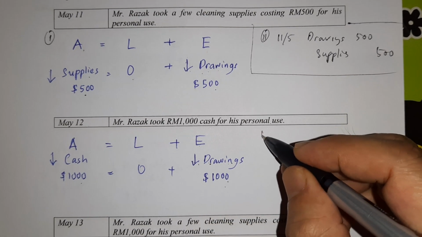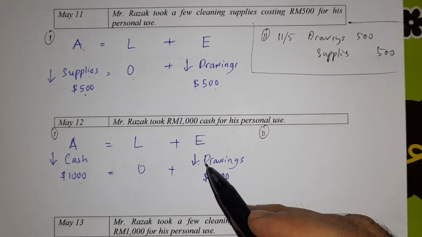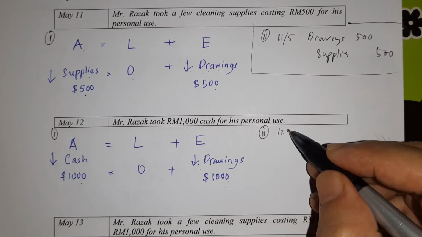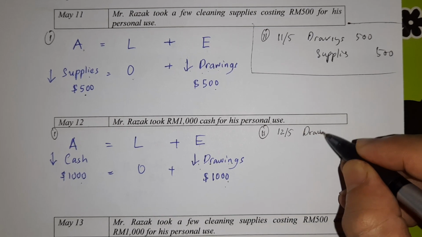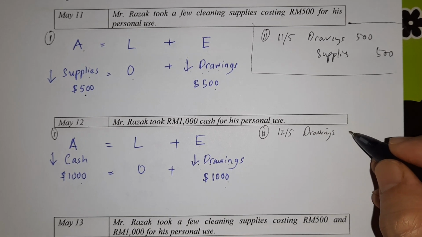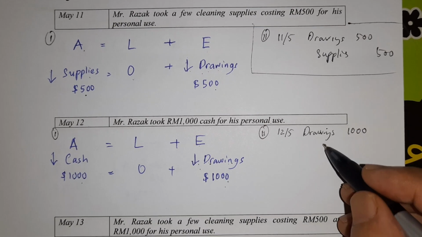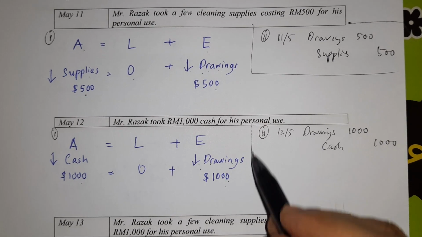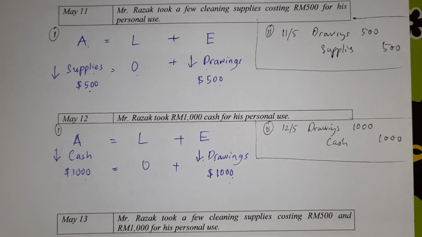So you do the journal entry. Drawing, equity decrease, debit. The date is 12th of May. Debit account drawing 1,000. Cash decrease, asset decrease, you credit account cash 1,000. Okay, now you are done. And then here,